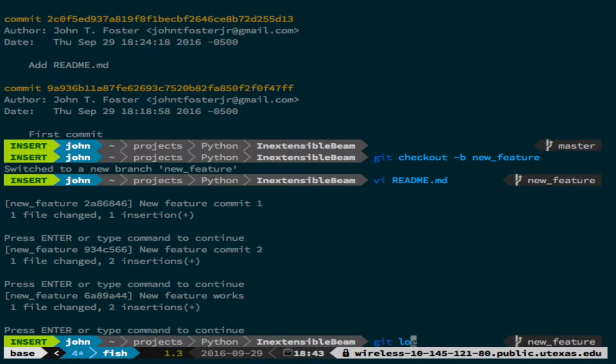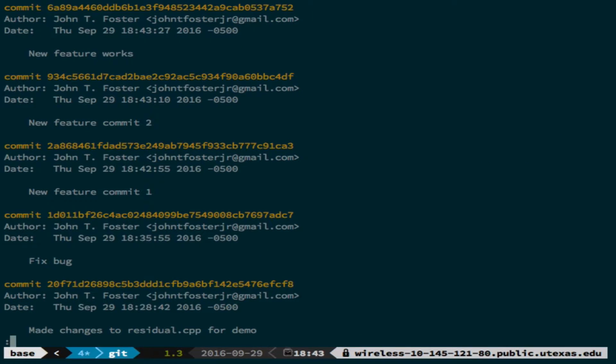So now if I type git log, you'll see my Git history, right? So we fixed a bug in master, and that's where we branched, right? And then we added new feature commit. Okay, now my new feature works. I want to bring it back to master. I want to merge it back into master. However,